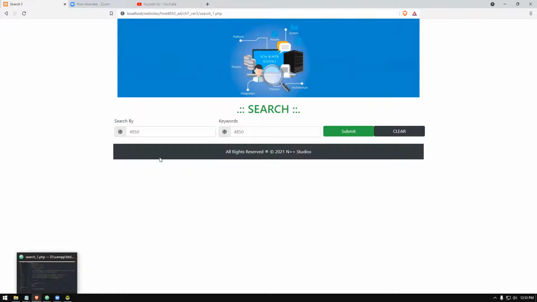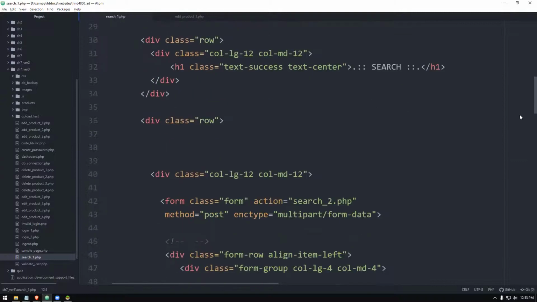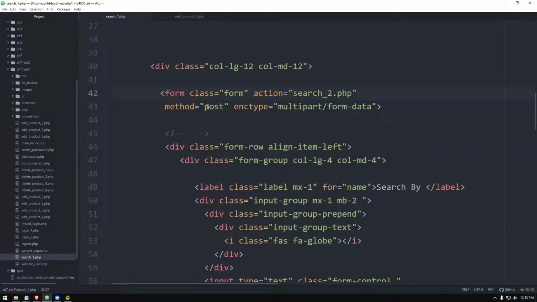The source code is also provided with this video in the link in the description. The previous video is the same, where I gave the full link for the projects, so you can check the source code in detail. It's already here. You can see search one. If you go down here, you can see form one. This is how I have built it. It's basically a form, and inside the form I have built two things.